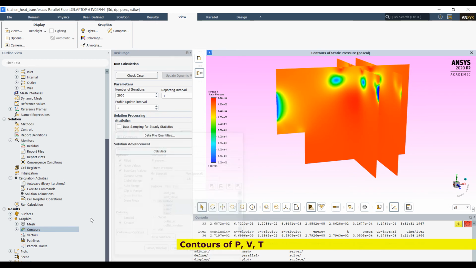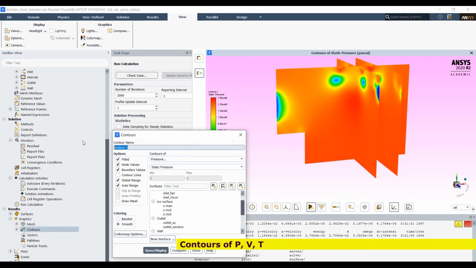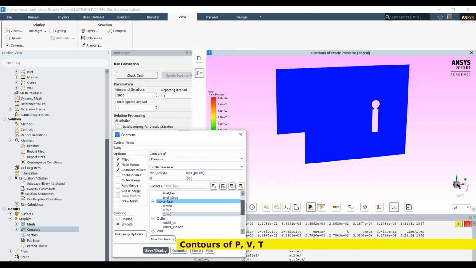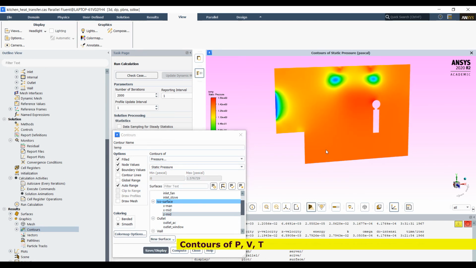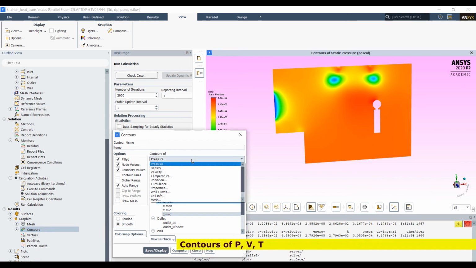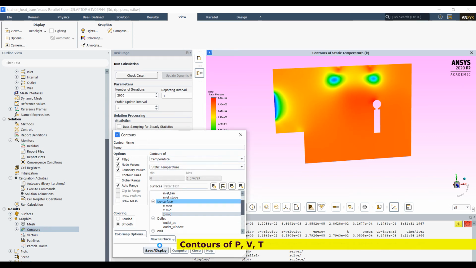And then we can also see the contour for the temperature. Temperature, we can select as a 600 x mid, and you can select the temperature. It is not solved by the temperature. You select here temperature, then see how much temperature is there.